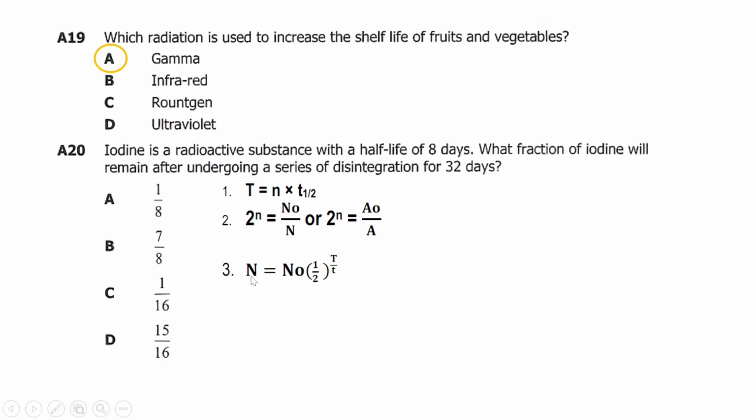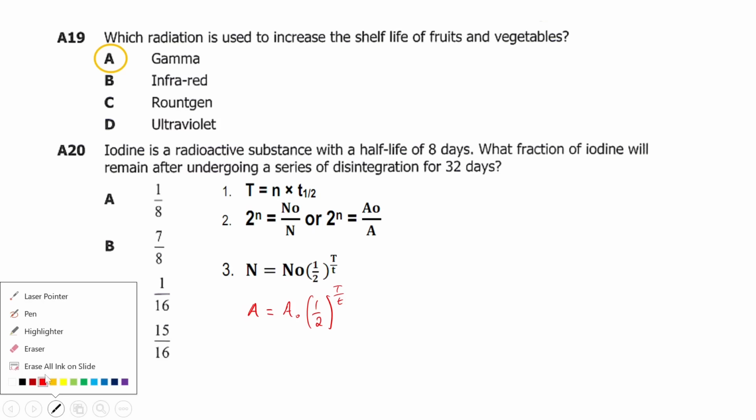So you can have this formula which says final amount is equal to initial amount times half to the power total time over t. This one can also be written as A is equal to A naught, open brackets 1 over 2, then T over t. Okay, so this is final activity, initial activity. Okay, so now